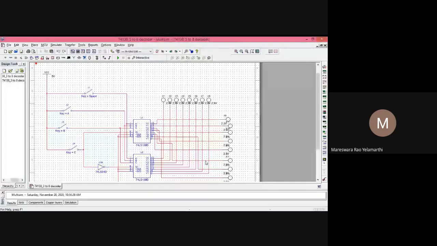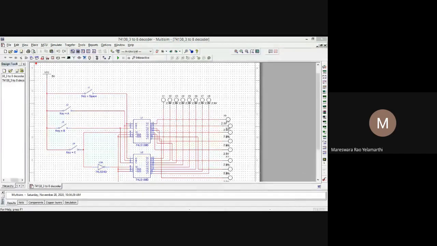Is my Multisim screen visible to you all? Please confirm through the chat box.